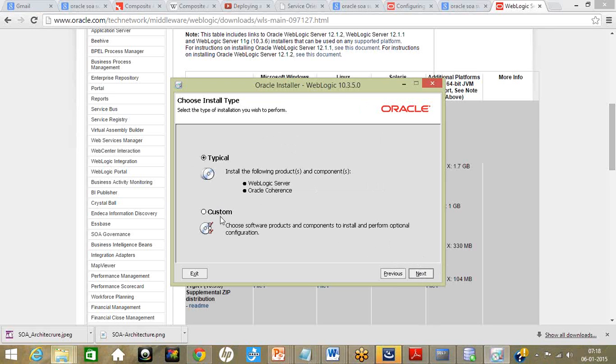Do you want to go with a typical or a custom? When I say typical, it comes with your WebLogic server as well as Oracle Coherence. So it's up to you. Oracle Coherence is nothing but an added feature that you get along with your WebLogic server,